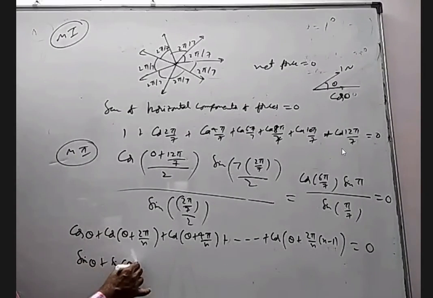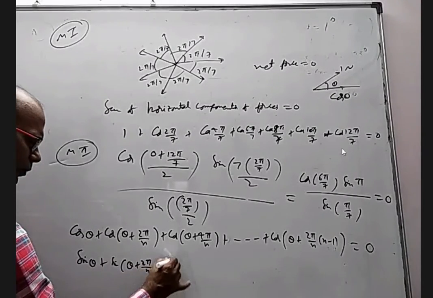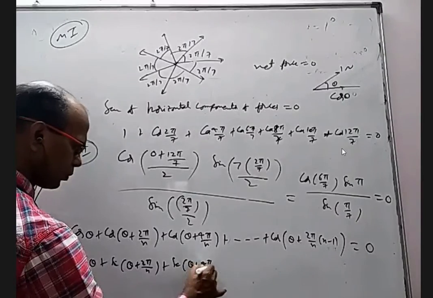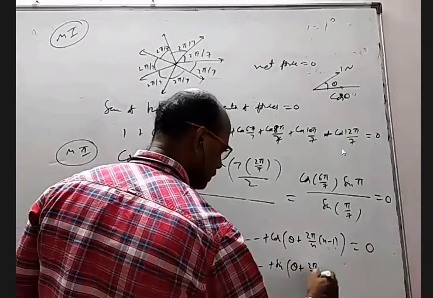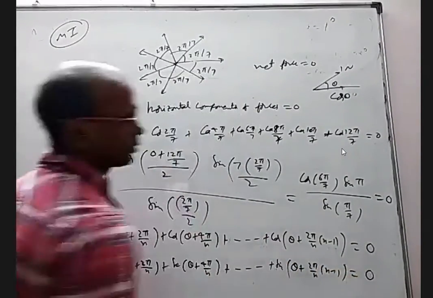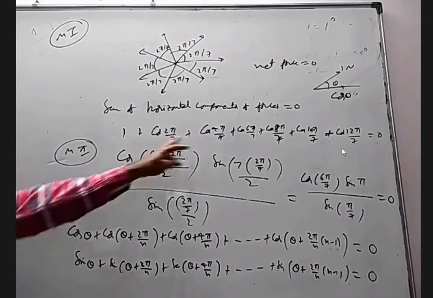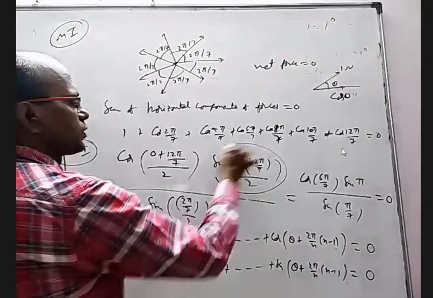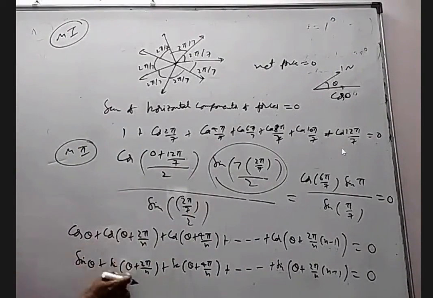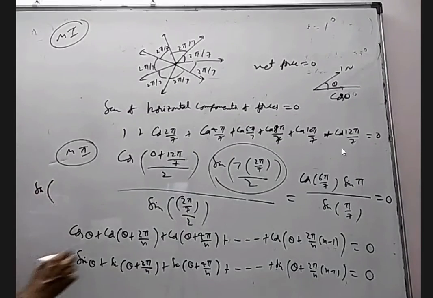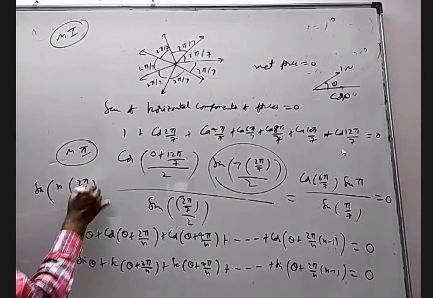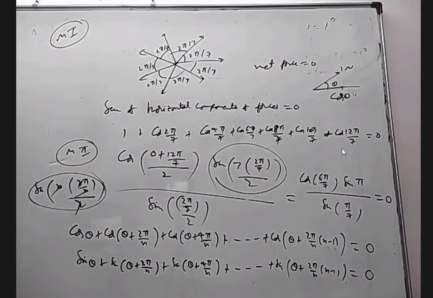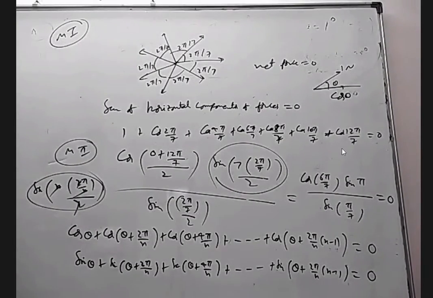Similarly, sin theta plus sin theta plus 2 pi by n plus sin theta plus 4 pi by n, up to sin theta plus 2 pi by n into n minus 1, is also 0. Both of them can be proved by this formula very easily because this will become 0. Why? In both cases this will become 0. Let us see. We'll get sin n into, what is the common difference here? 2 pi by n by 2. N will cancel, 2 will cancel, get sin pi. It is 0. Am I right? Yes, sir. It does not depend on theta because the common difference does not depend on theta.